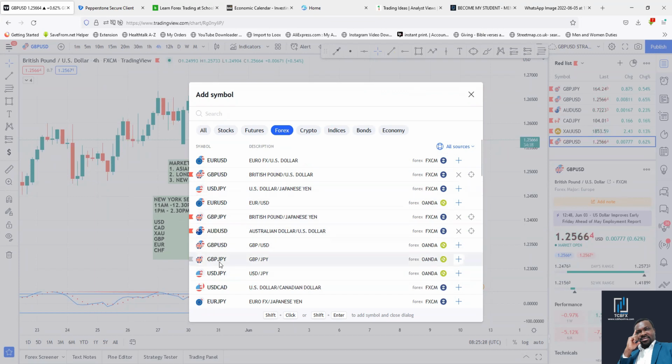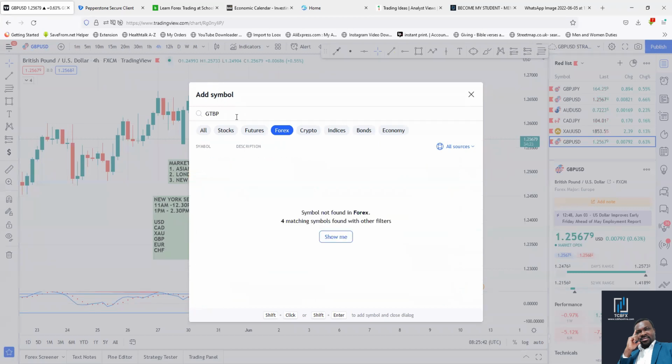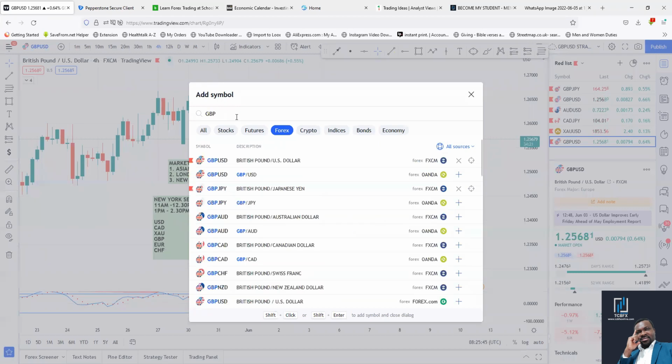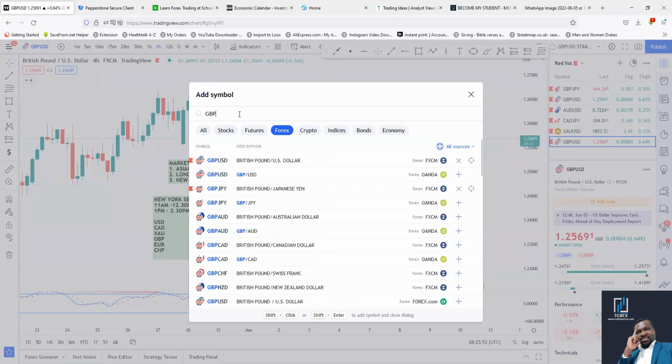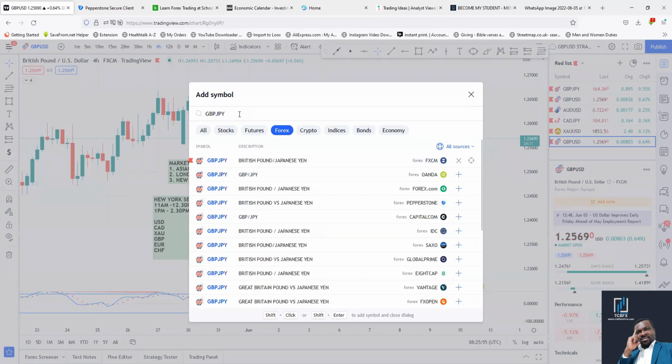So you've already written it out. You say, I'm going to merge or pair this currency with this currency. So let's assume we are pairing GBP with AUD. So I will come here, I will look for GBP, and I will type AUD. Straight up, it comes out. This is it. Or I can type GBP and I will type JPY. It comes up straight up. This is it. This is the currency pair.